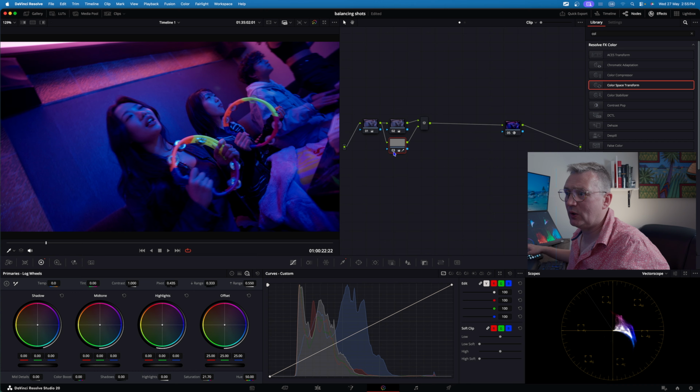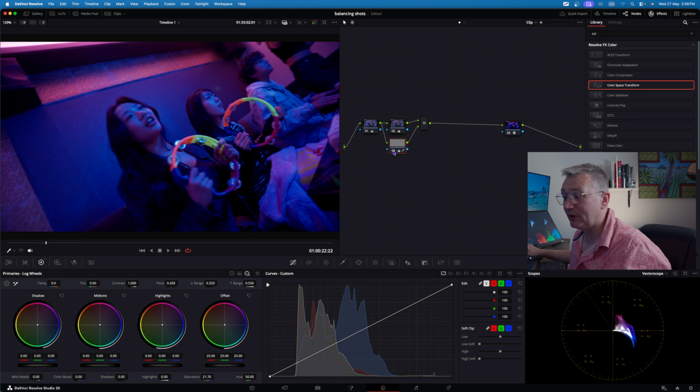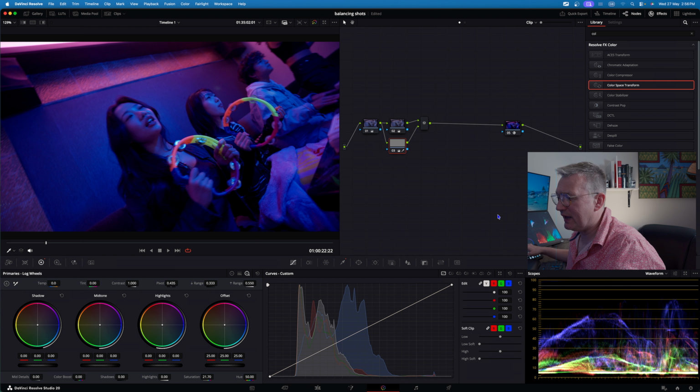So let's go over to our node. Let's turn this off and on. And you can see we haven't actually done that much to the image. However, looking at the scopes when we do that, you can see that we have pulled that cyan channel in considerably, and this is a much better place to be in. So now that we've done that, let's head over to our Vectorscope drop down, click that, and go to the waveform, and you can see here that we still have red ghost pixels